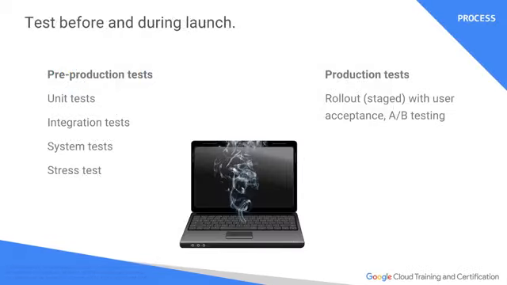Now, let's go into some process. So when we test before any particular launch, obviously for something this small, we could probably put it on our desktop, just throw it up in the cloud, and we're good to go. But as we start to grow, we want to talk about certain processes that you might do. Pre-production processes: unit test, integration test with other applications, testing it on the specific systems. This was very important, especially in environments in which you have different components, different hardware that you might be publishing to in the future. When we get into things like containerization, you don't have to worry about that much. What about stress testing? Can it work to the scale that we anticipated? And what happens when we start to throw load, finding out where those bottlenecks are?